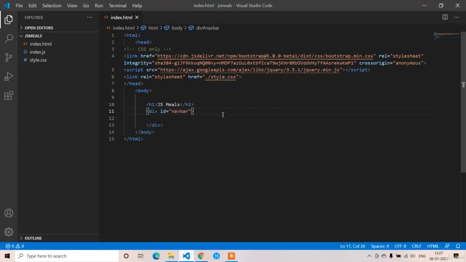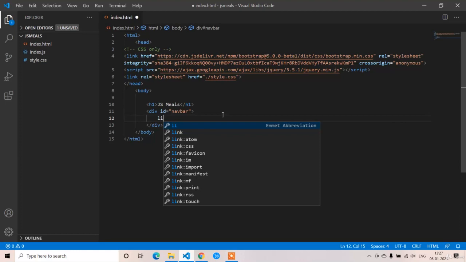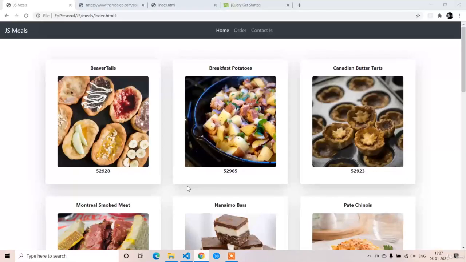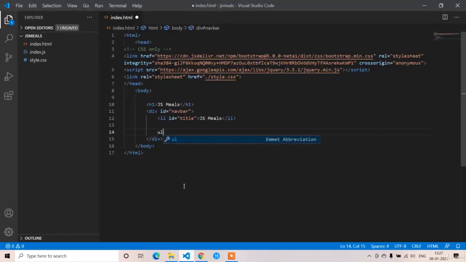and first we need to add one LI element, JS Meals, and this is the title. So I will write id equal to title, and then I will create the nav elements. These are the nav elements, UL. So I will write id as nav elements,